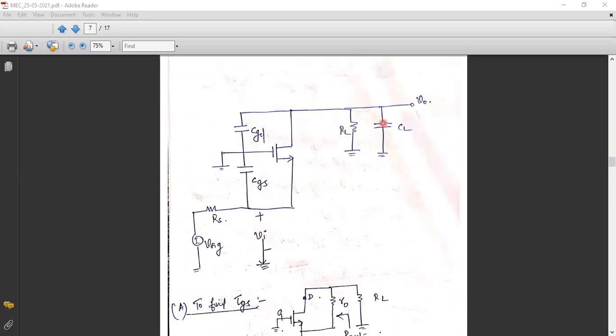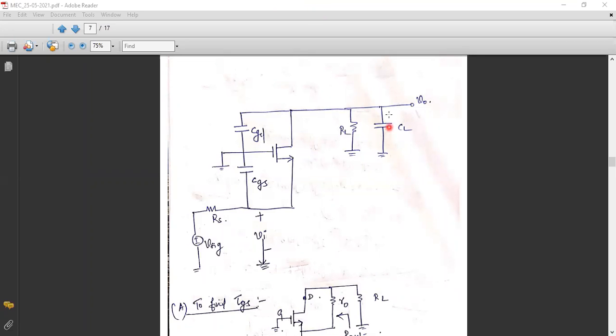Now, what is the significance of CL? You know that this is a circuit with active load, right? Please recall the concept of active load. In active load, what have you done? You will be connecting the active devices like Q2 and Q3 to the drain of Q1. Q1 is the actual amplifier, right? The transistor that is acting as the amplifier. Apart from Q1, you have the other active devices like Q2 and Q3, which are acting as the active load. If you consider these active devices, in between the junctions we will have some internal capacitances. So all these internal capacitances of the load transistors together constitute CL.